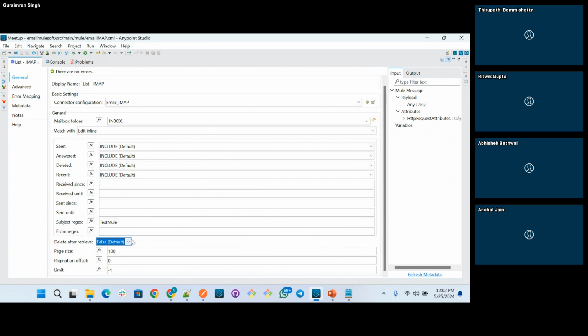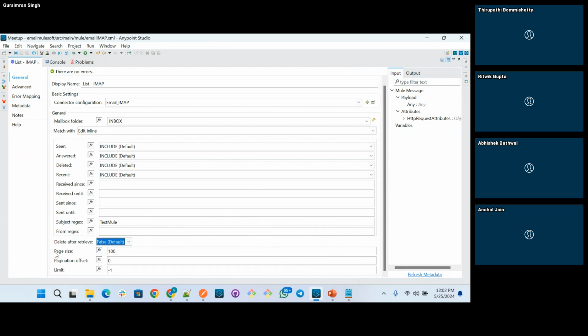So you don't want the emails which you have already downloaded and retrieved to be stored on the server, and you want them to be deleted. You can set this as true. Otherwise, you can set it as false if you don't want to delete the emails after they're retrieved.